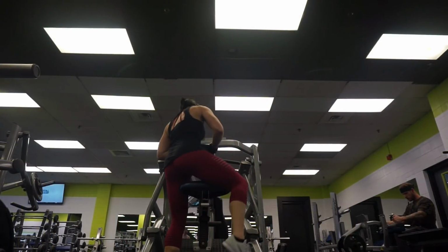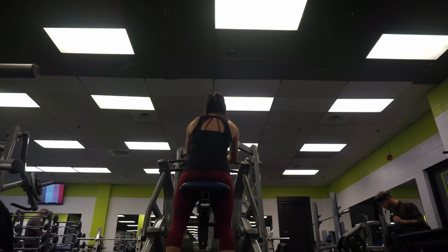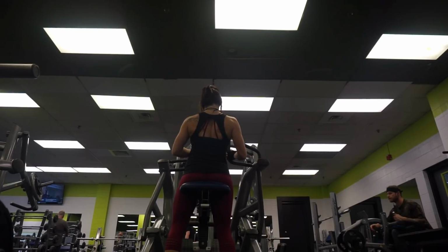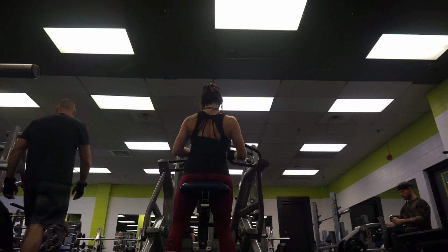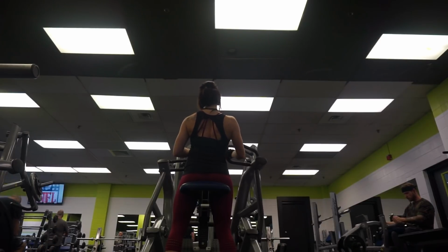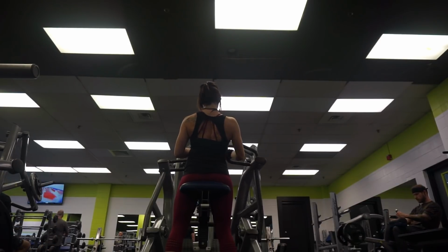So the last exercise I did, I actually started using this machine recently. You can sit on it and it kind of looks like it, but I'm actually standing up because you want to be able to keep your shoulders down and therefore not have your hands too high. But I'm holding on to the chest pad in front of me